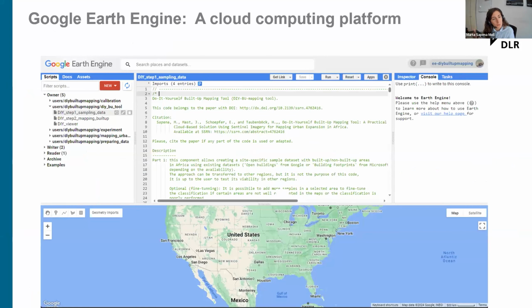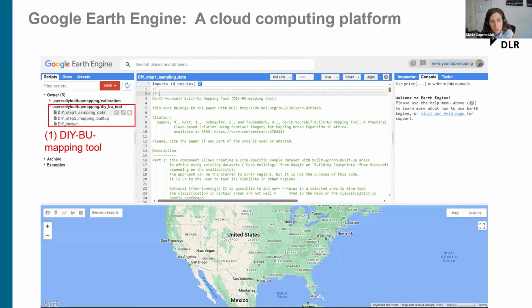If any one of you already uses Google Earth Engine, it's just a browser, so a website in a browser that you open, and you will see some code, which is what is behind the tool. So this is useful for those users that have a little bit of experience programming, because then you can understand the code, you can adapt it, you can modify it. But if you don't have experience, I will show you, you don't have to do anything. It's just to change one line, and I will tell you how, but it's also visible in the tutorial that we prepared.